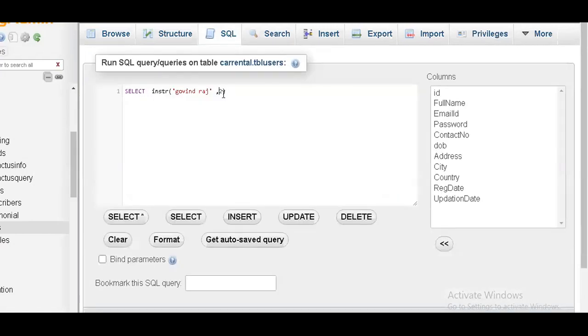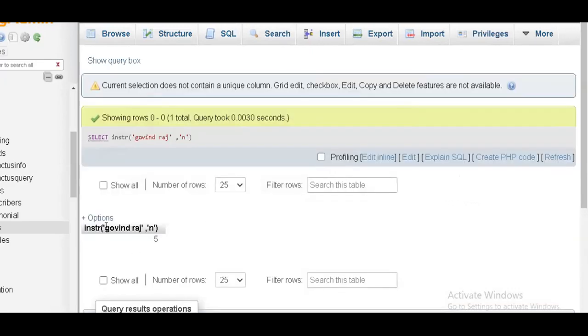So here I'll pick any letter and say where the n position is coming. It will give me, in this particular word or name, where this particular n is coming. So it is going to say that at this position, the fifth position, the n is found. So this is how instr will tell.